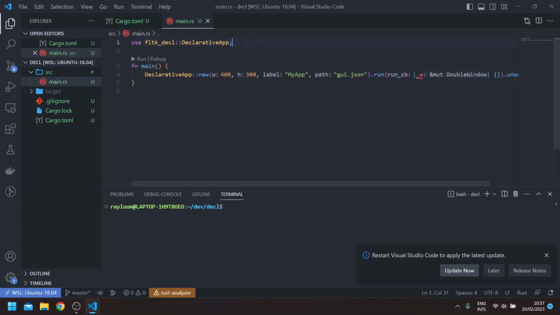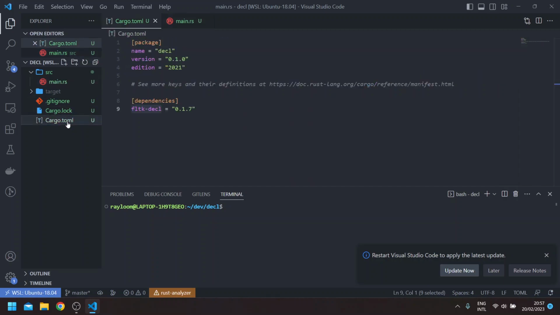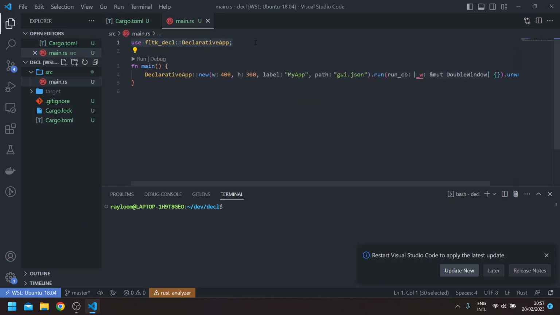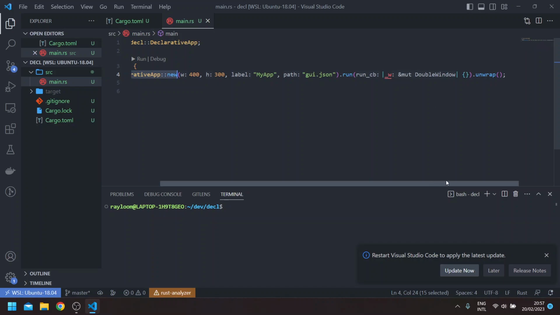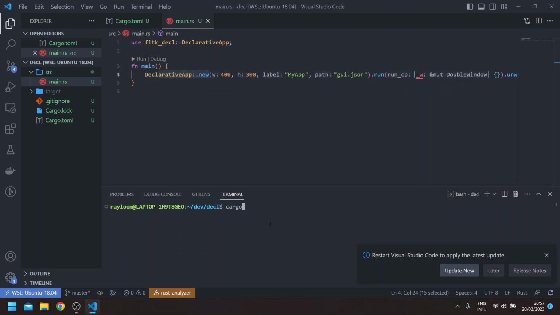So the basic setup: after you import fltk-decl, you can create your fltk-decl declarative app. This takes width, height, the label of the window, and the path to your file, and then run, which takes a callback, and the parameter for the callback is the main window. So we can see in this callback we don't do anything. And if you run this, cargo run,